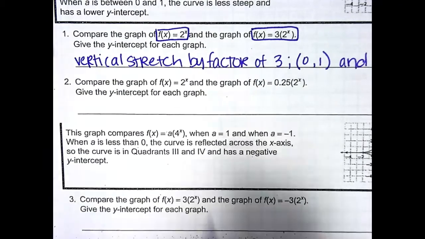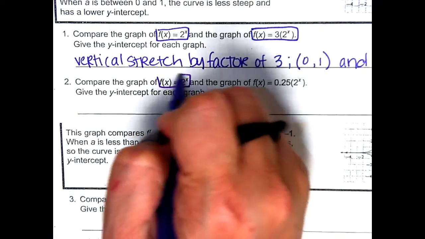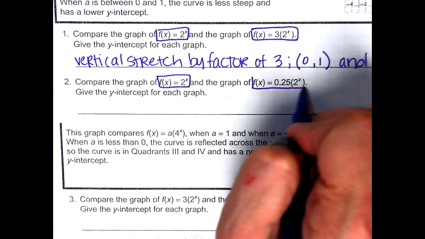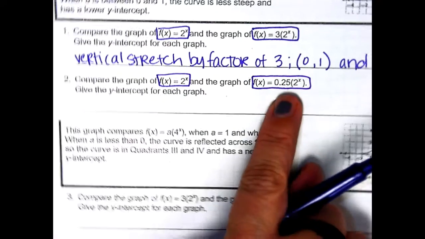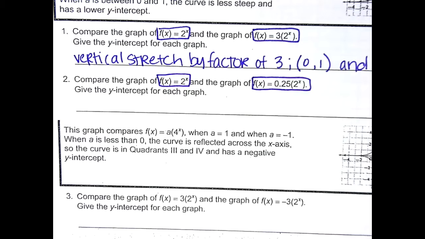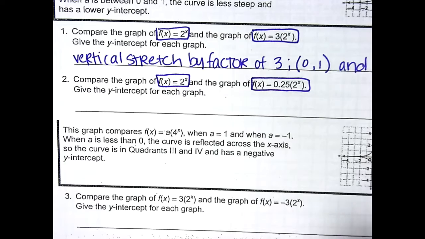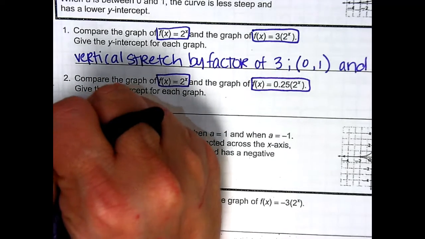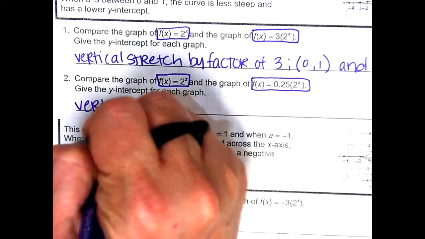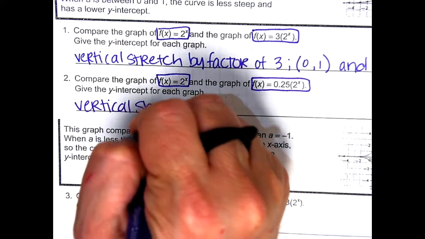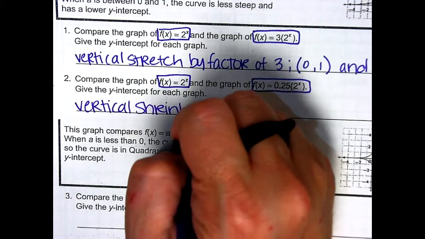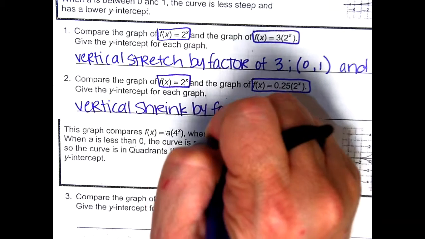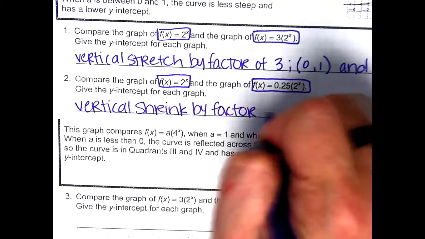Okay, for the second one, the two functions are f of x equals 2 to the x and f of x equals 0.25 times 2 to the x. Okay, and from the other day, we know that when a is between 0 and 1, we call that a vertical shrink. I think your book says vertical compression means the same thing. This would be by the factor of